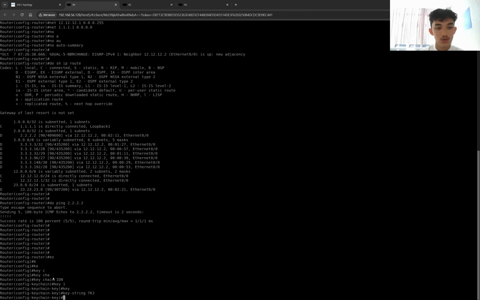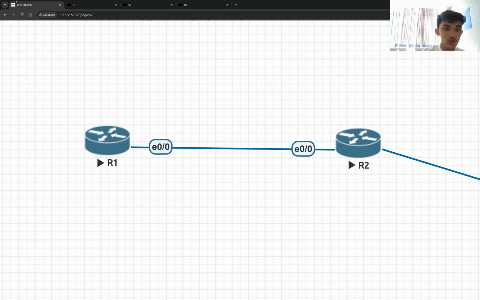After this configuration, we already made the authentication string. For the next configuration, we add the authentication and the key string to the interface. We go to the interface connected to router number 2, which is Ethernet 0/0.